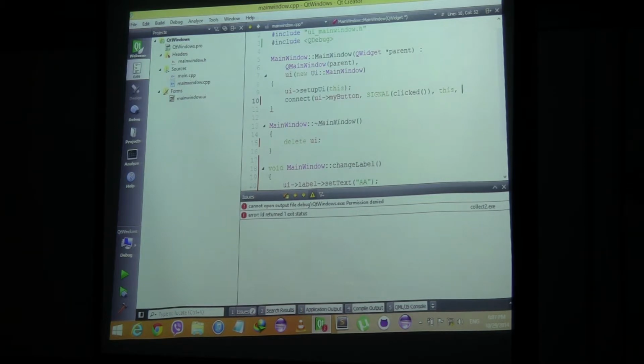We're connecting the click signal of the button to the slot which we just defined. By the way, I know there's a shorthand for doing this, but I want you to be familiar first with signals and slots. Okay, تمام لحد دلوقتي؟